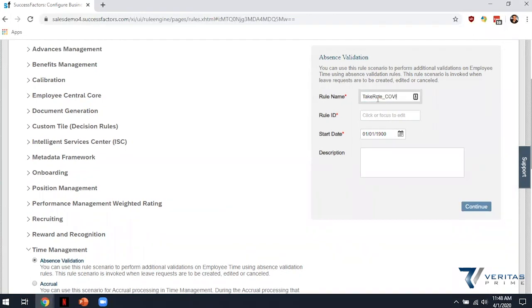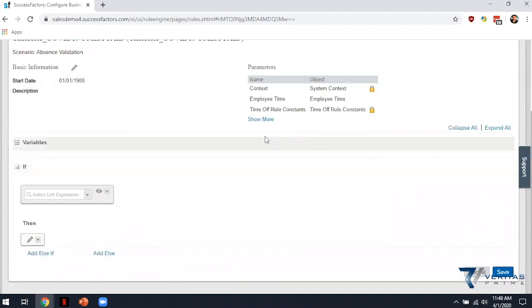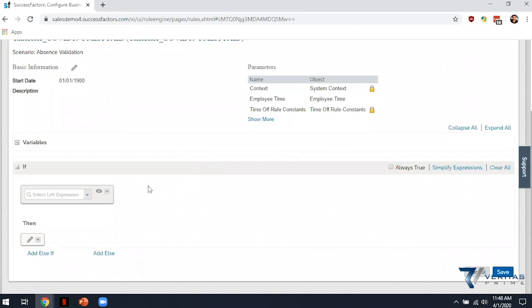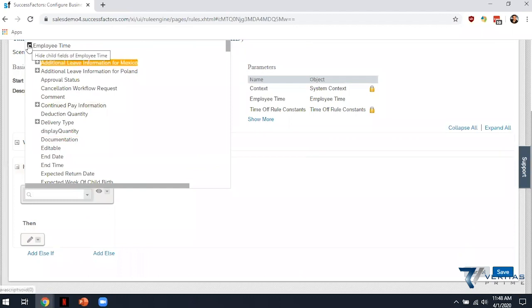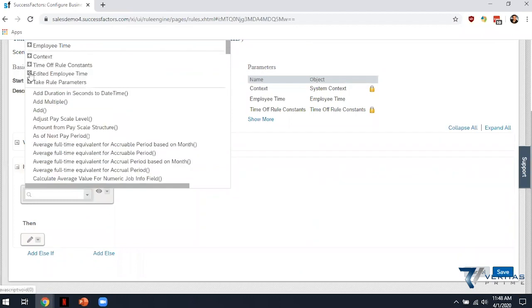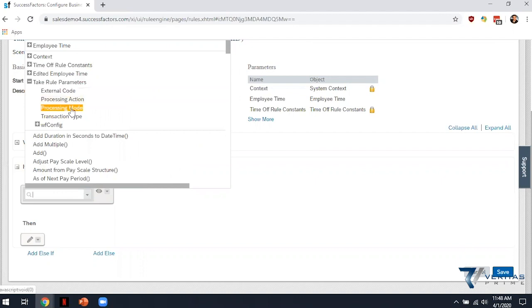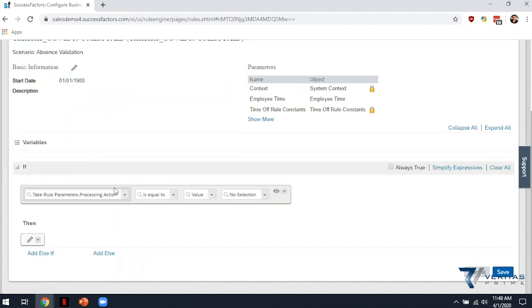Oops, I'll start with COVID-19. I'll keep it consistent. And the rule ID should populate automatically. Yep. And we're going to do the same thing with the if statement here with that processing action. So I'm going to expand that, minimize employee time, expand take rule parameters, processing action, and in the rightmost dropdown,